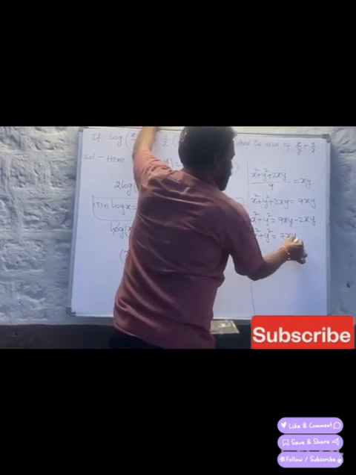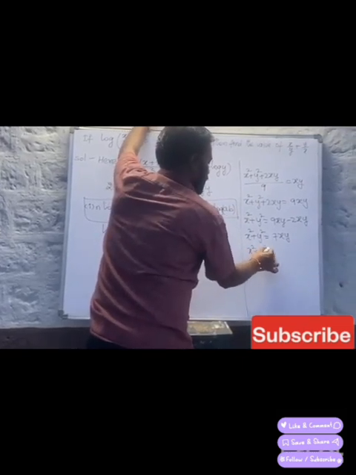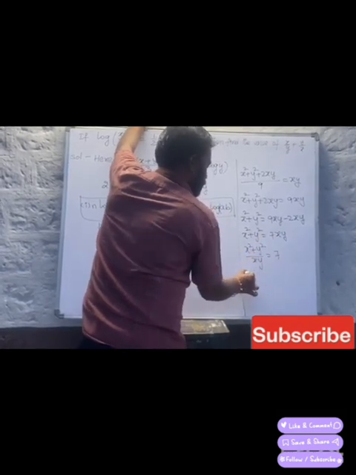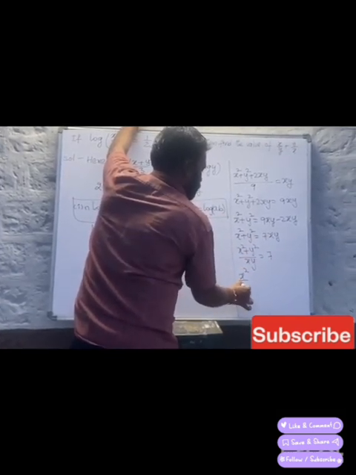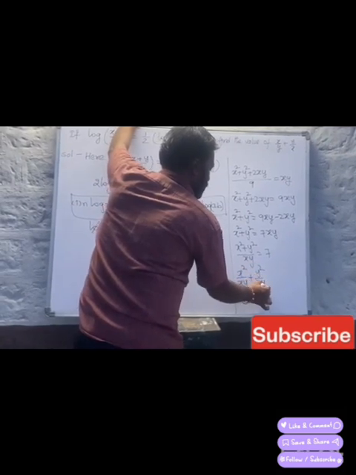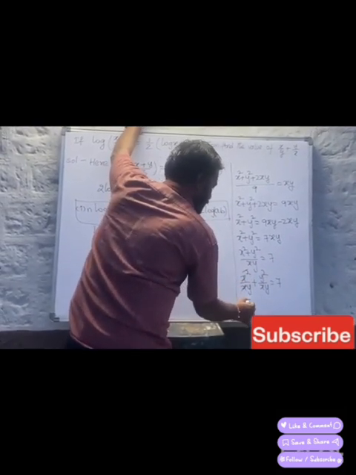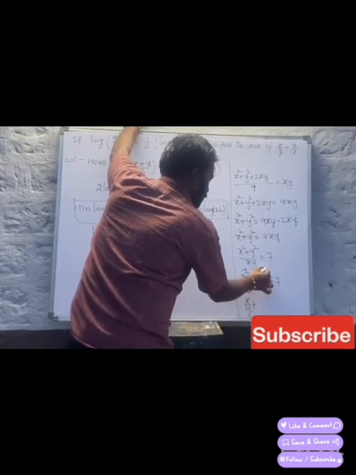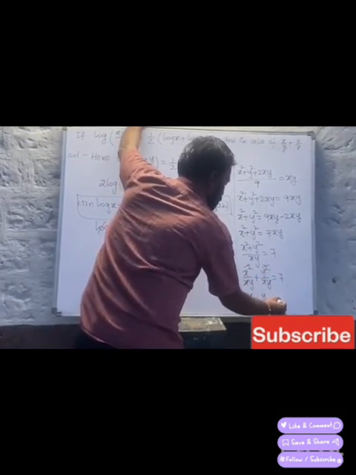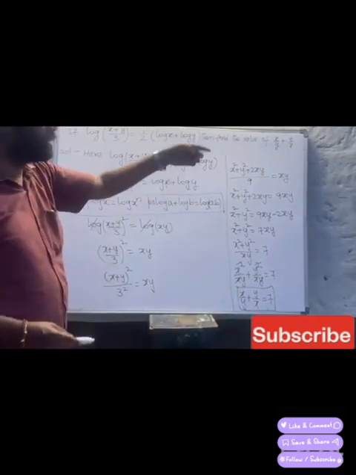Transform xy to the left side. X square plus y square by xy is equal to only 7. So it can be written as x square by xy plus y square by xy is equal to 7. Here one x cancels, giving y by x... rather, x square by xy gives x by y, and here one y cancels, y square by xy gives y by x, is equal to 7. So this is the answer. X by y plus y by x is equal to 7. Over.